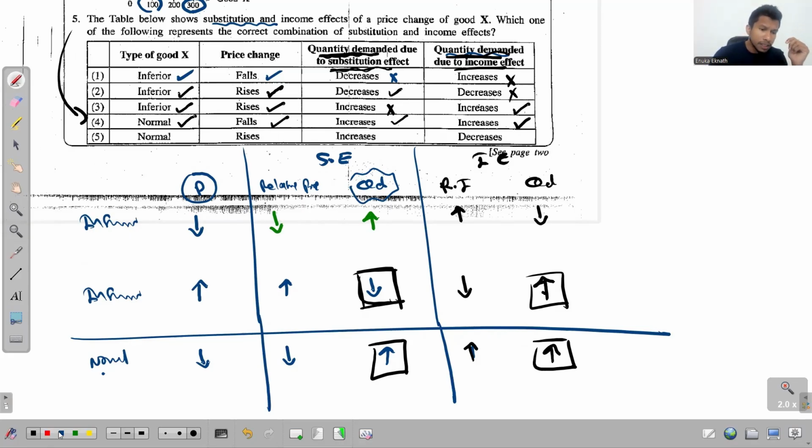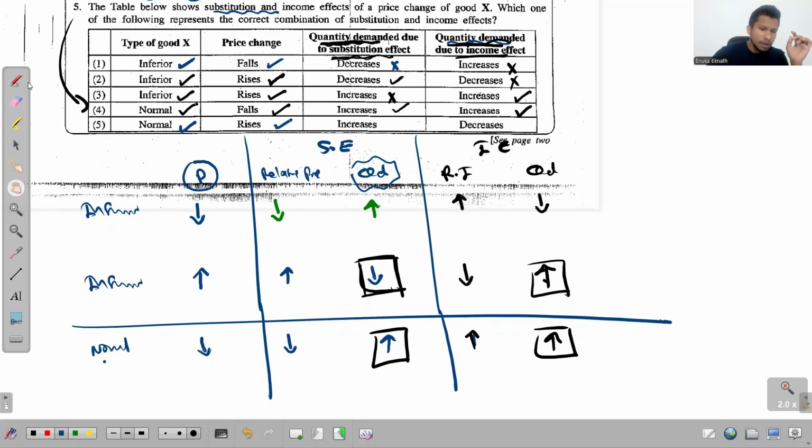But if you look at the fifth one, it says it's a normal good, and the price increases. Wait, let me explain this. Imagine that the opposite happens now. The price of the normal good increases. So once again, let me take this here. The price of the normal good increases so the relative price also increases, which means this product becomes relatively expensive compared to the other substitutes available in the market. So the consumers will move from the considered good to those relatively cheaper substitutes. So what will happen to the quantity demanded of the considered good? That will decrease. And on the other side, we get the income effect.